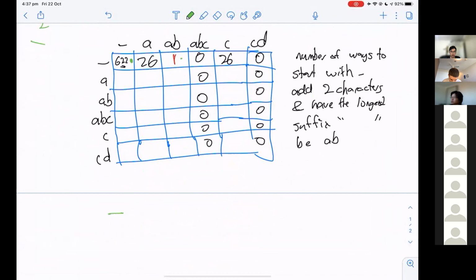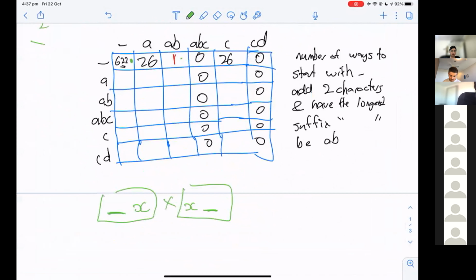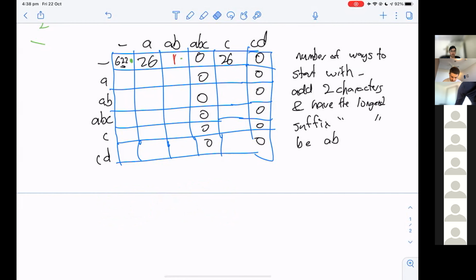So if we start with blank and finish with a prefix of X, and then start with X and finish with the empty prefix, and we multiply these values together, then we're going to get the number of ways of starting with blank and ending with blank and having X in the middle. Because this says the number of ways to start with blank and end with X. Let's say X is B, for example.